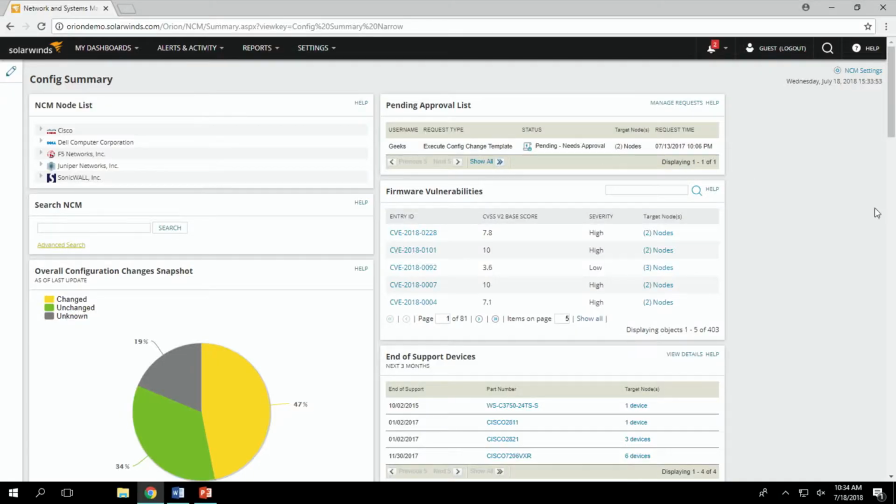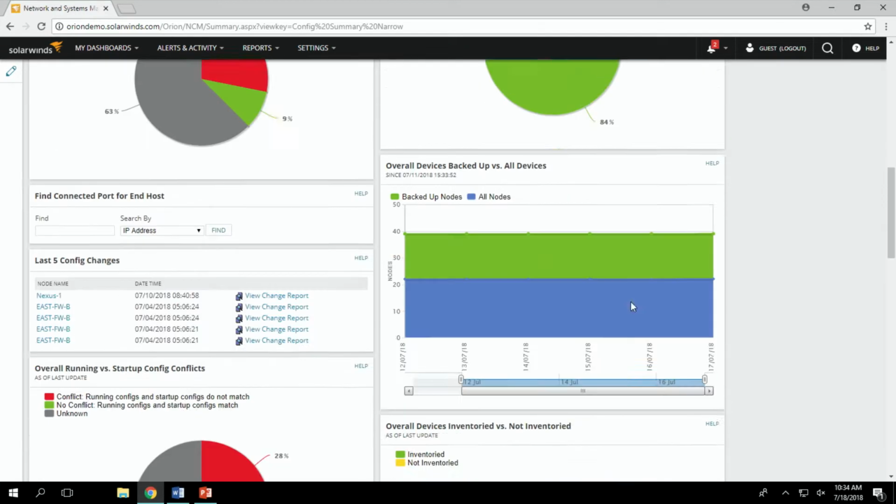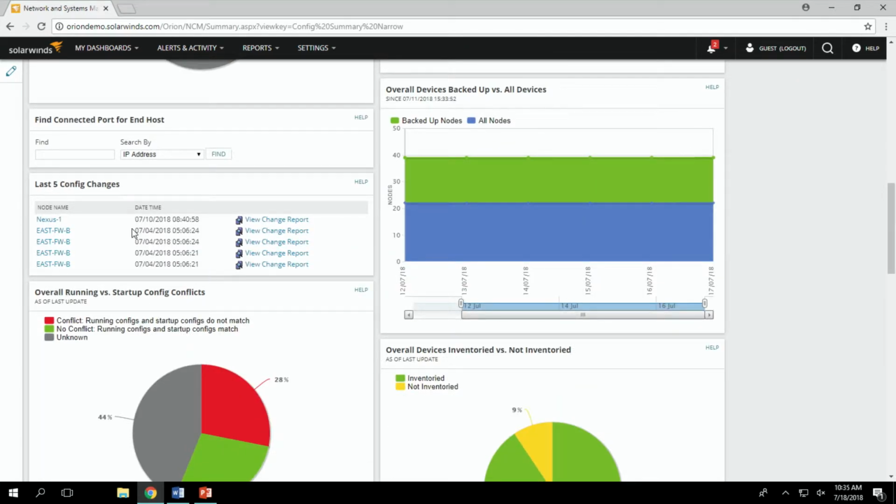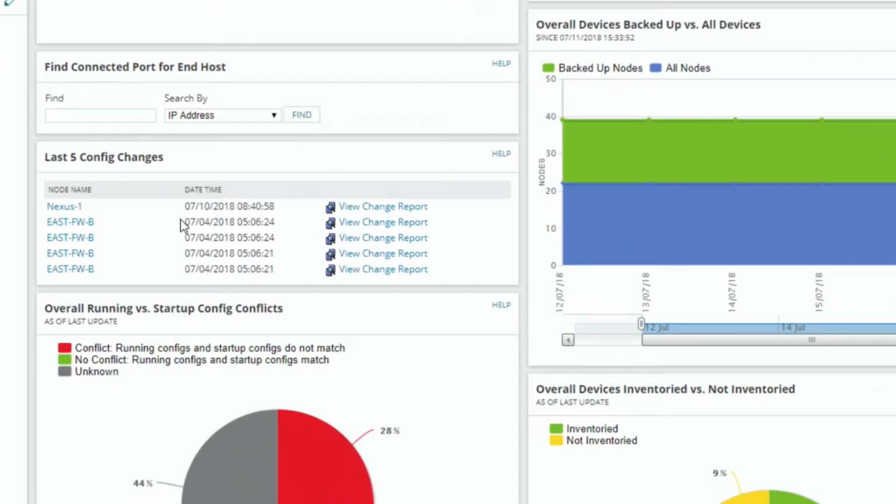Now, when we're talking about how important that can be, the real-time change notification with those syslogs is vital for me. Just when you're seeing this, we're able to go through here and see directly when the last changes were made. As a sysadmin, this is vital to you because if you are looking at this in your monitoring solution and something just happened with your application and you're getting calls because something's not getting connected, something really wrong is there, you have access to this location. You can go here and look at the top 5 configs because you immediately know what's going on. If you're noticing there's a config change, which you would see in this section, that's happening right around before and right at the time that people are telling you, you can look at that view change report